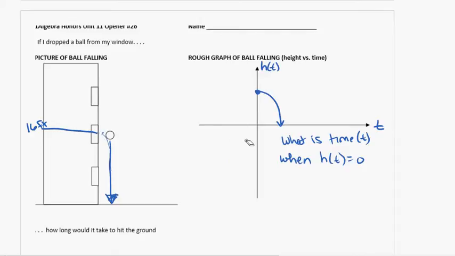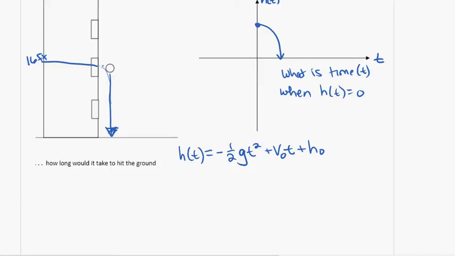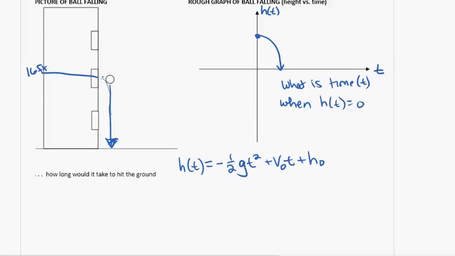So what is the time when h of t is 0? Well, let's write our function. The height at any given time is equal to negative 1/2 g t squared plus my initial velocity t plus h initial. So here we're going to have to do some physical interpretation. What are some of these variables? So h of t is equal to gravity, and I notice I have 16 feet, so that makes me think I have negative 1/2 times 32 feet per second squared, because that's the gravity constant in feet, times t squared